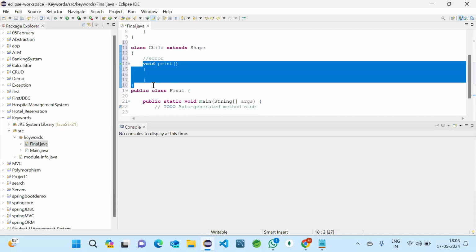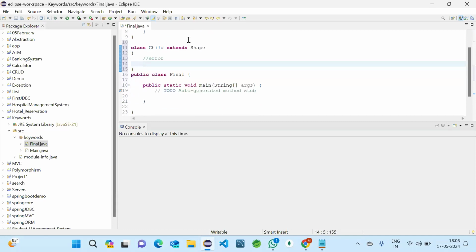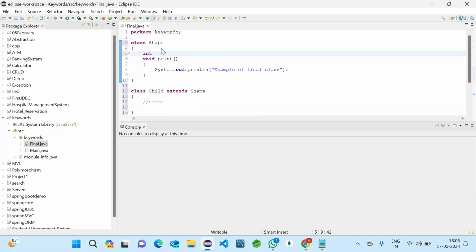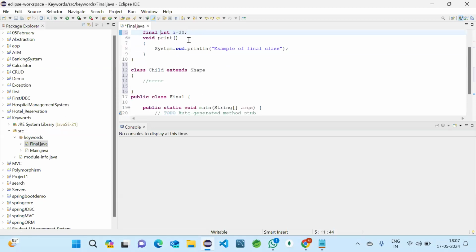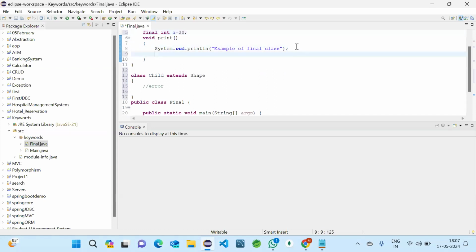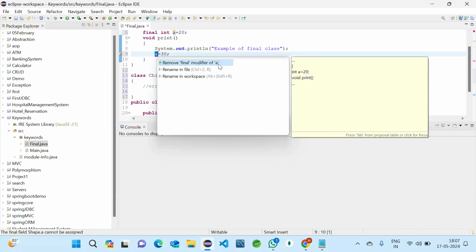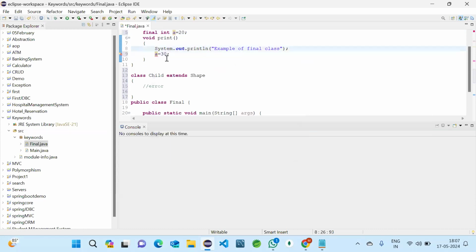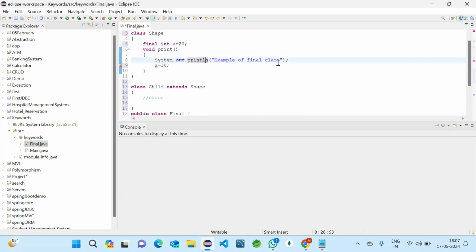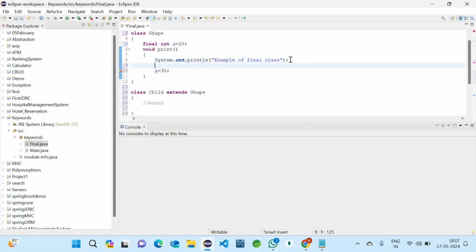One more thing we will do with variables. So I'm creating a variable here, int a is equal to 20, and I'm making it final. So it is final now. So inside print, if I try to make a equals 30, we can see the error, that is, remove final modifier of a, because a is final, so we cannot change the value of a. If I print a also,